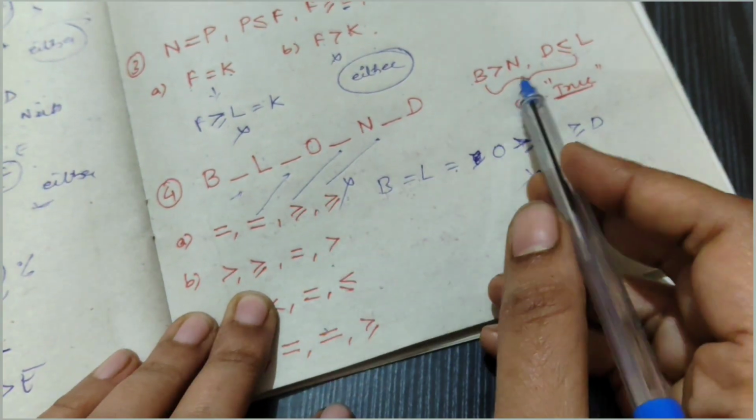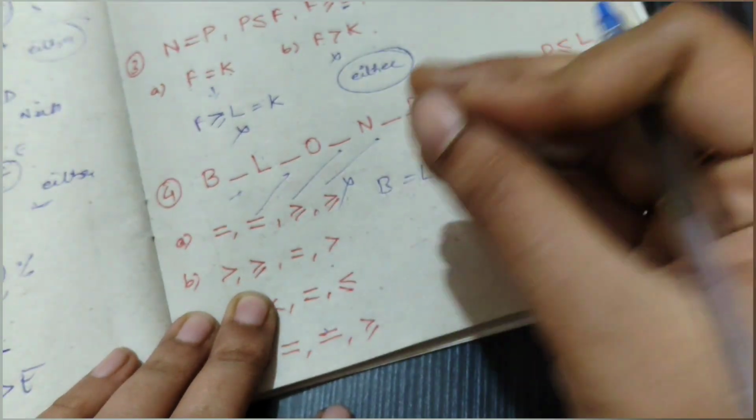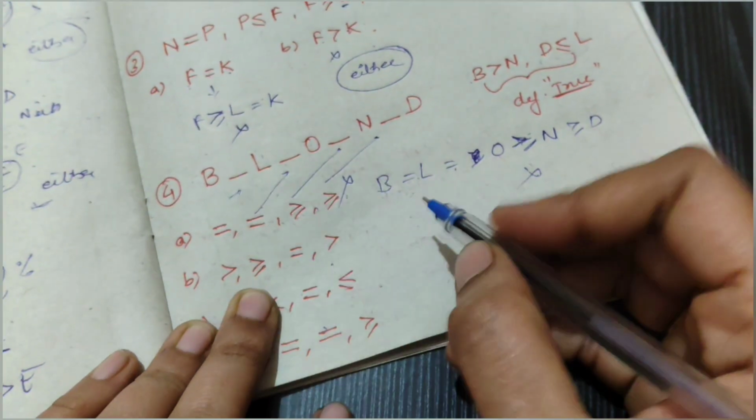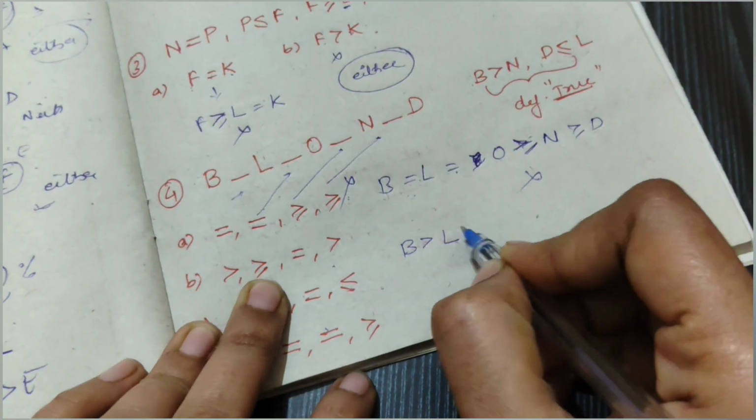Now we can also keep it directly, when we are good at eye movement, directly watching on screen, we see and we can keep it. Now see directly, but I will write. But when you are practicing, try to practice without pen and paper. Now second option, B greater than L,